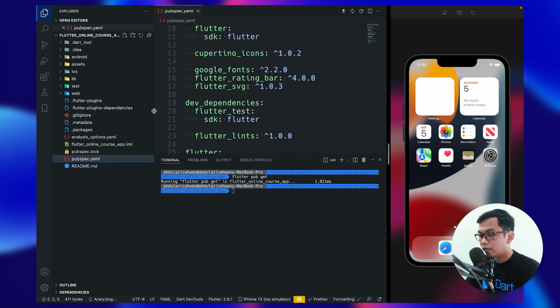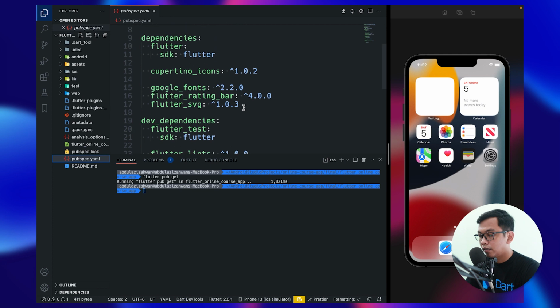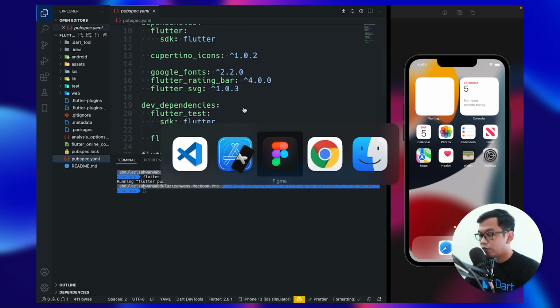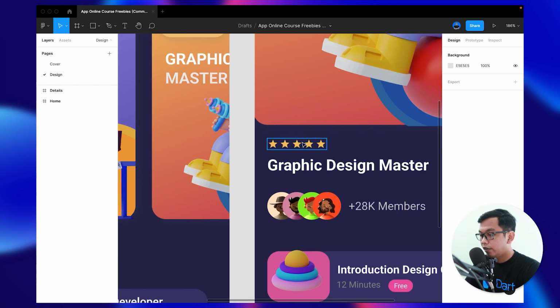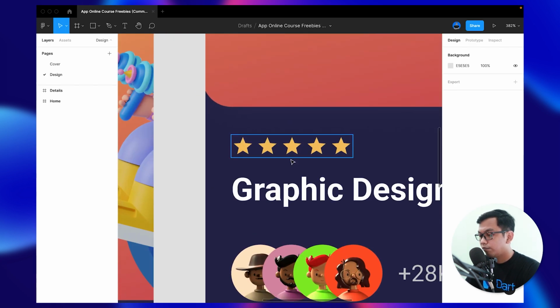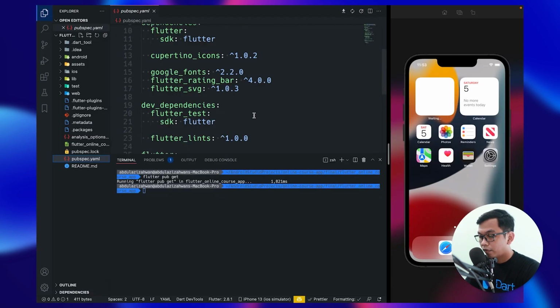The first dependency is Google Fonts because I want to use Google Fonts, and then I want to use a Flutter rating package because from the design we can see there's something like a rating star, and the last is Flutter SVG.